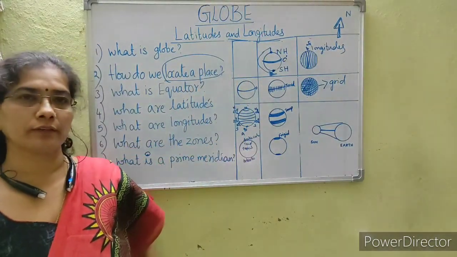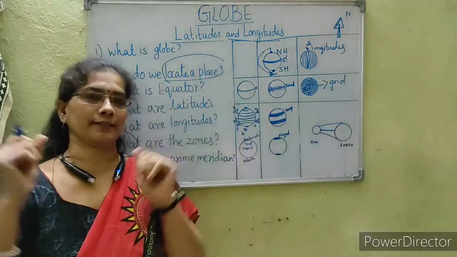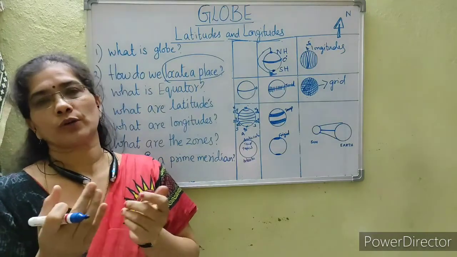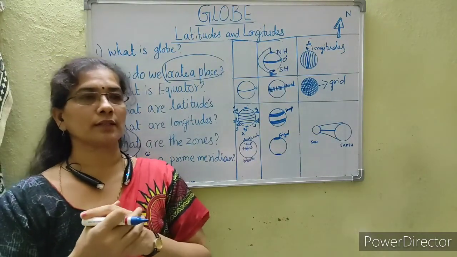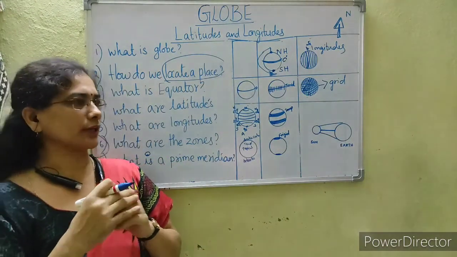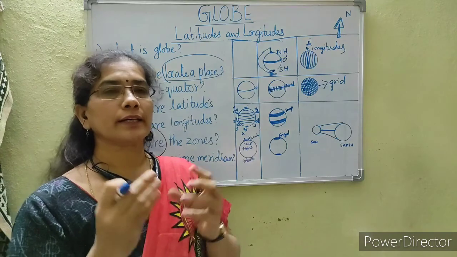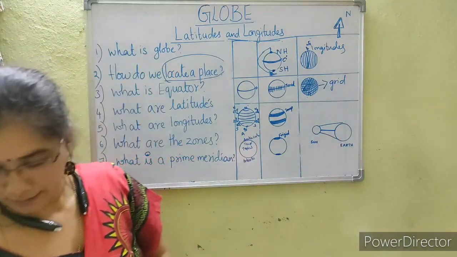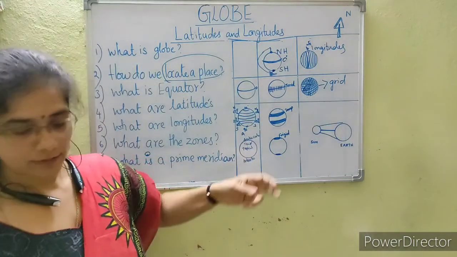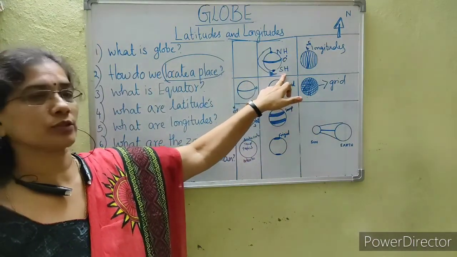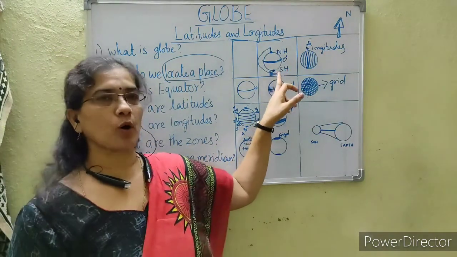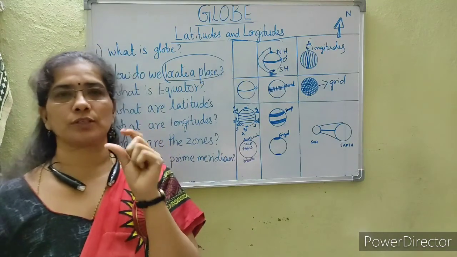So you all know that we can't hold our earth in our hands. Is it possible for us? Can we hold the earth? So it is not possible. So for this reason our geologists and meteorologists who want to study about the earth, they created a small structure of the earth. So we can see this, a small globe. I think you might have all seen this type of globe in your schools, yes or not? So this is a small miniature structure.